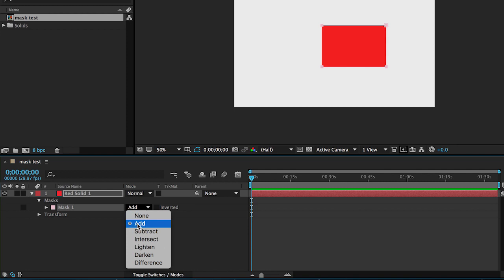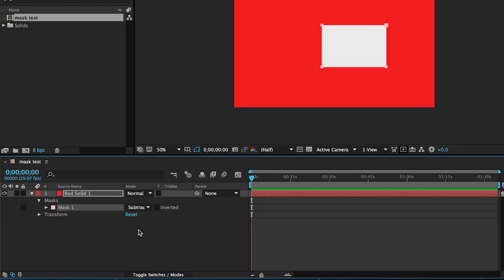So right now the mask, in the form of that rectangle shape, is adding the color of the red solid inside of that shape layer. If I say subtract, it's going to show the white background layer inside of the rectangle shape and the red solid everywhere else. So that's a pretty important distinction, and as we get into our project this week, our project number 2, it's going to be really quite important to decide whether your shape layer is going to add or